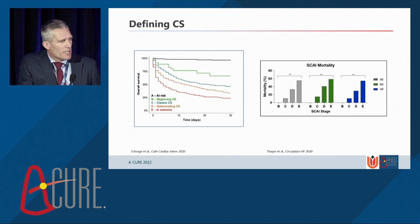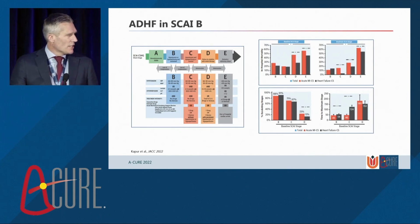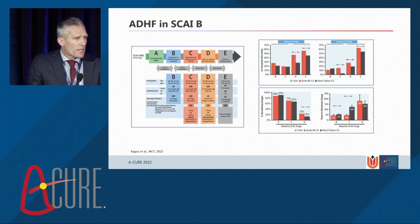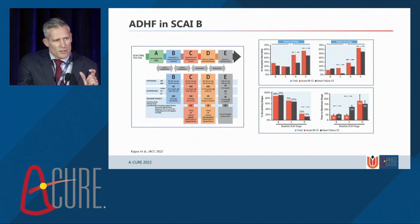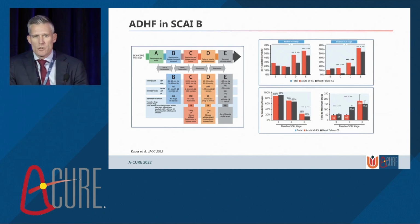The higher the SKY shock stage, the higher the mortality was. So these are the latest versions of the SKY criteria. Within these criteria, you can also see an additional refinement of the hemodynamic consequences and the consequences of hypoperfusion, which each have a different range of parameters within each stage. In this way, you can define the patients that you want to include or exclude from your trial